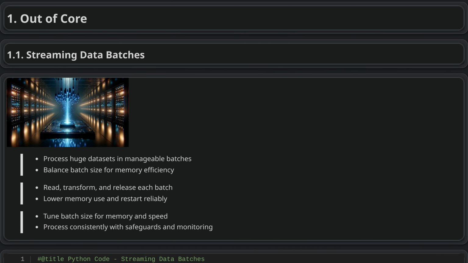Out of core. Streaming data batches. Streaming data in batches lets systems process datasets that are too large to fit in memory. Instead of loading everything at once, data such as logs or sensor readings is handled in smaller portions. Each batch must be sized to keep processing efficient while avoiding memory overload, which requires careful planning of storage and